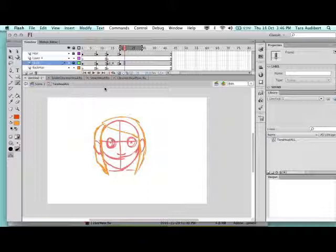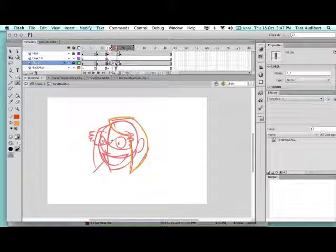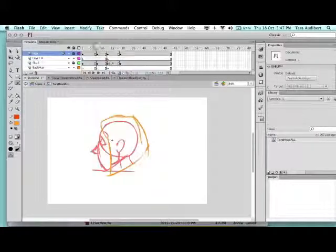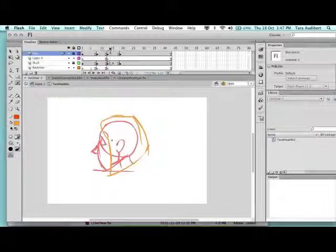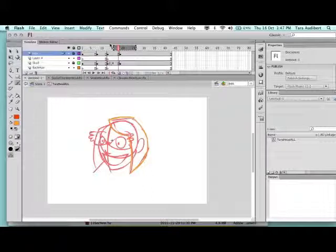Probably no one will have any talking in the 1/4, because that's kind of awkward, and it's just an in-between between your 3/4 and your profile. You have the option to have another in-between here. So you'd have 1/4, 3/4, and another 1/4 before you get to the front. But usually this is good to get some nice movements in there. Now, if you were just going from a 3/4 to a front, that's going to look like it's just flipping in between those heads. I would just do these 4 heads for now,